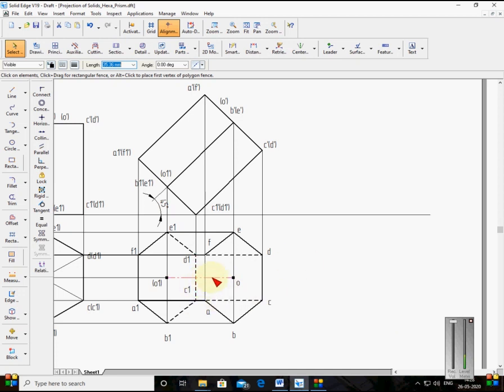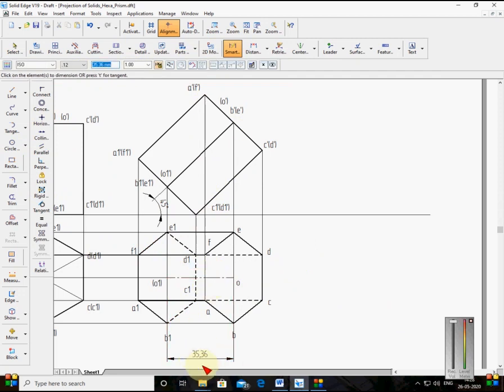Now here the axis length is apparent. The angle is also apparent. This axis length, actually how much is it? 50. But what is the axis length? If you measure the axis here, the length is not 50, it is 35.36. And you may have a question in your mind, confusion: sir, the axis is apparent, so why are you not taking locus? Here the axis is apparent and also the angle is apparent, because he has mentioned appears to be inclined to VP at 40 degrees, which means the angle is also apparent. So apparent angle, apparent length, true angle, true length. So for the apparent angle, what I will do is draw the angle line now.